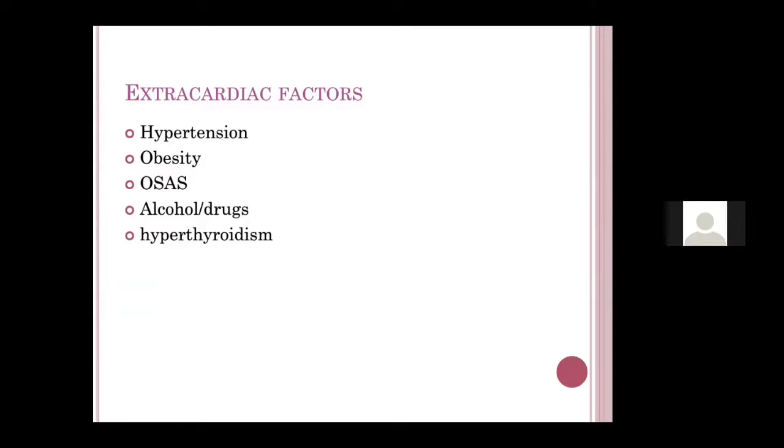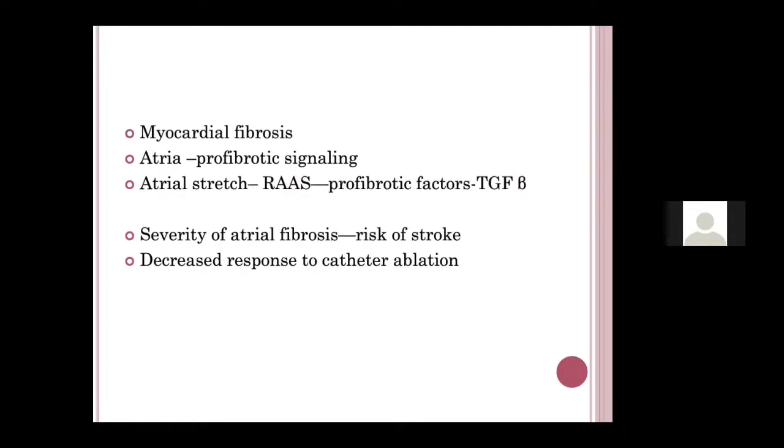But you should always know the extra cardiac factors. You should ask the history of alcohol, which we know as the holiday heart syndrome, that usually presents with atrial fibrillation. Hypertension is one of the causes. Obesity is one of the important causes for atrial fibrillation. Obstructive sleep apnea. Then thyrotoxicosis. So in all patients with AF, young or old, we should always rule out hyperthyroidism or thyrotoxicosis. Then there are various drugs, like cardiac drugs such as ivabradine, which can cause atrial fibrillation. So a list of drugs is also important.